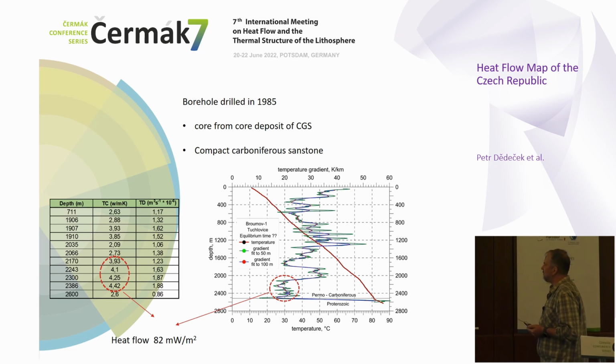And in this borehole, the borehole is in sedimentary rocks, most of the borehole, and here there are very compact sandstones with very low porosity. And you can see the high thermal conductivity, and heat flow is about 80 milliwatts per square meter. This is nice